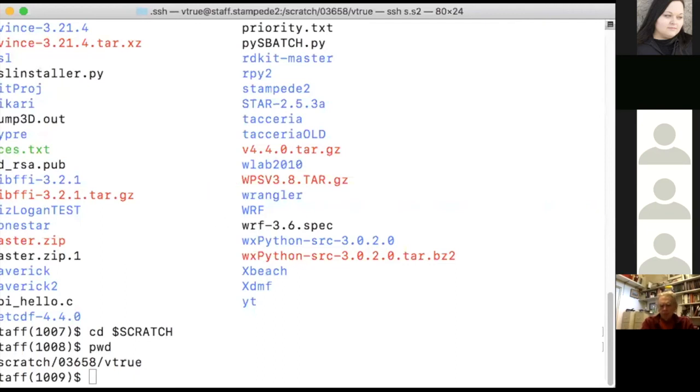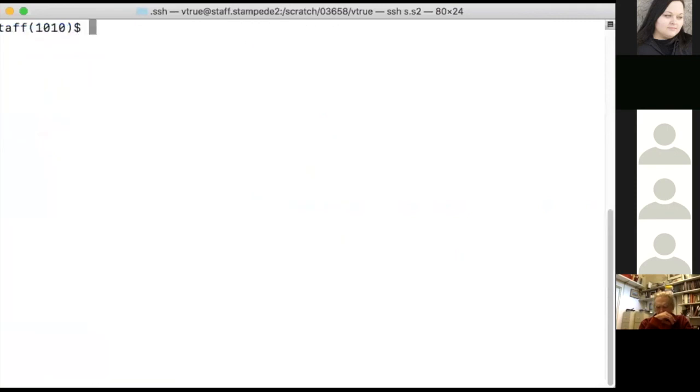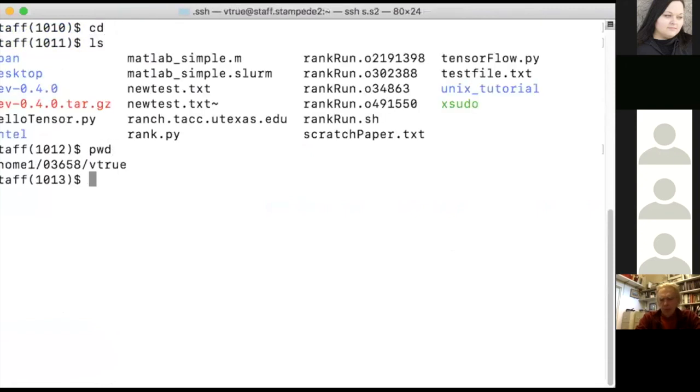Right. And I would like to add, if you anticipate producing a large amount of data, then have your code print out restart files. Even if your job quits in between, you don't have to start over again.